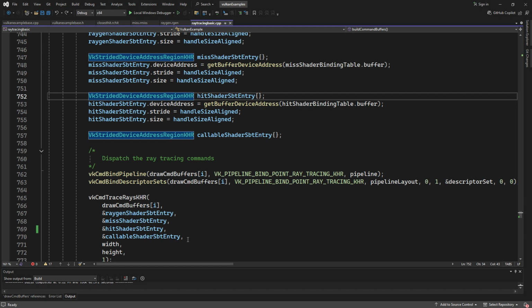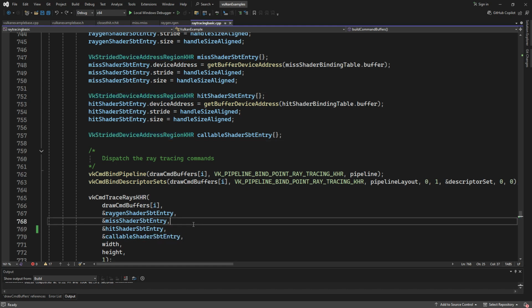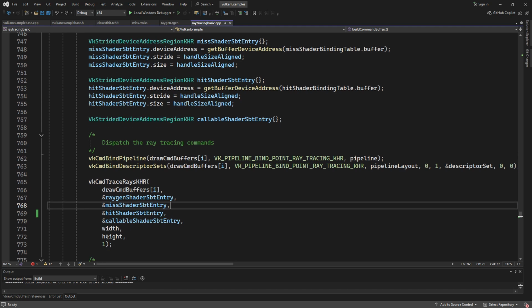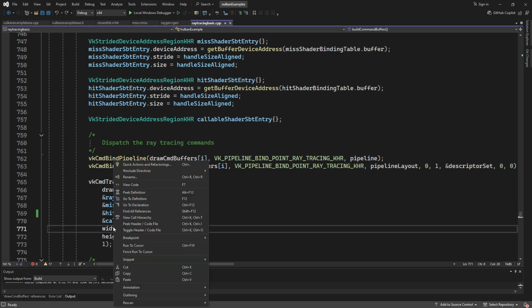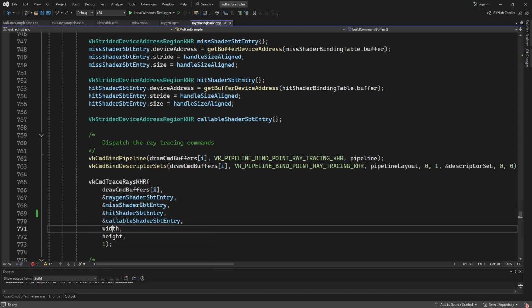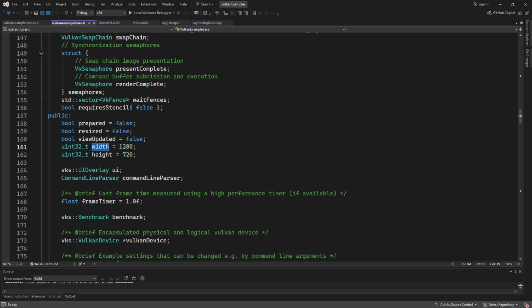Not sure what the callable shader SBT entry is right now. And then we have a width and a height. Now, if you play around with this width and height, I'm not going to do it right now, but if you mess around with the value of this variable, you could go to the declaration, right? If you mess with this value,